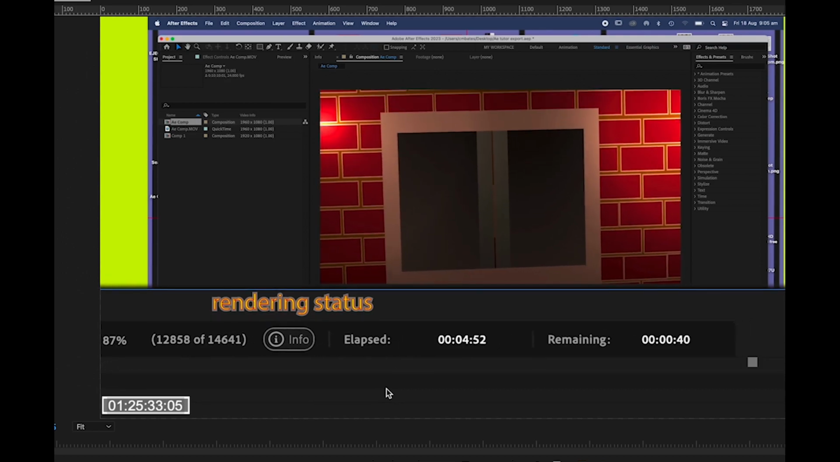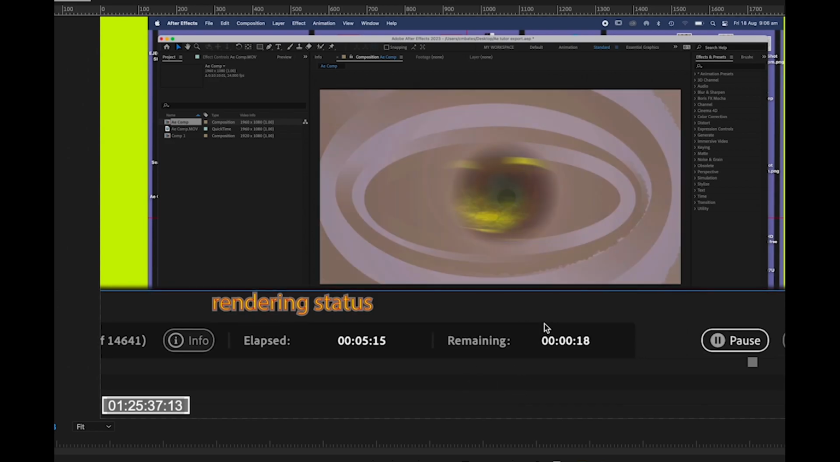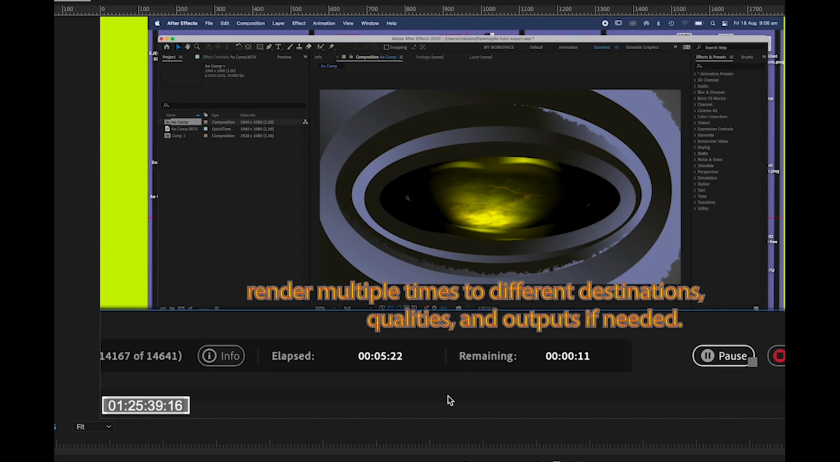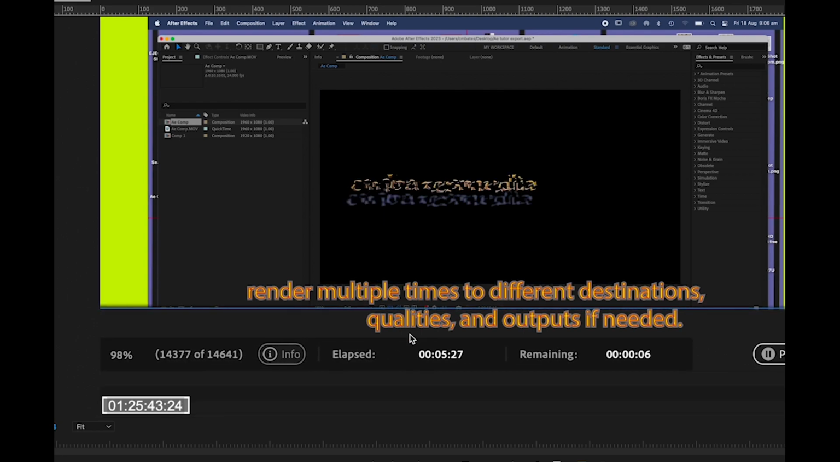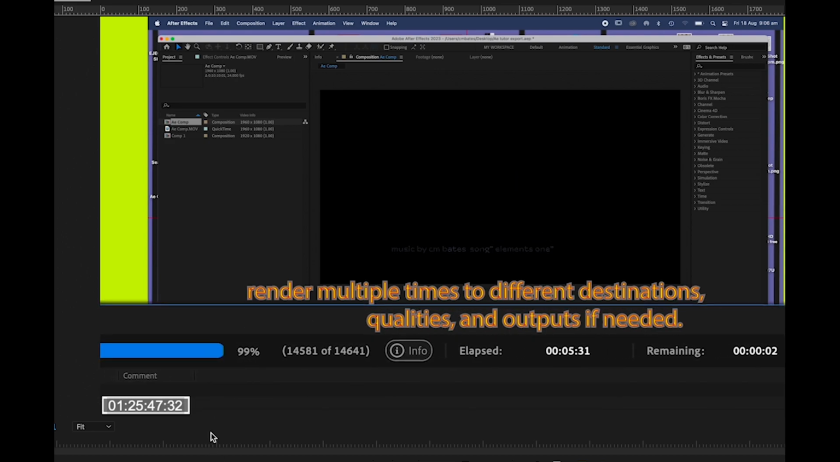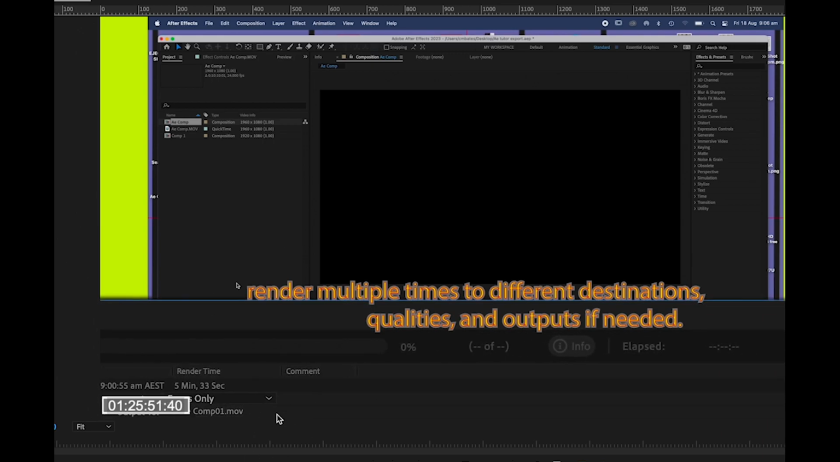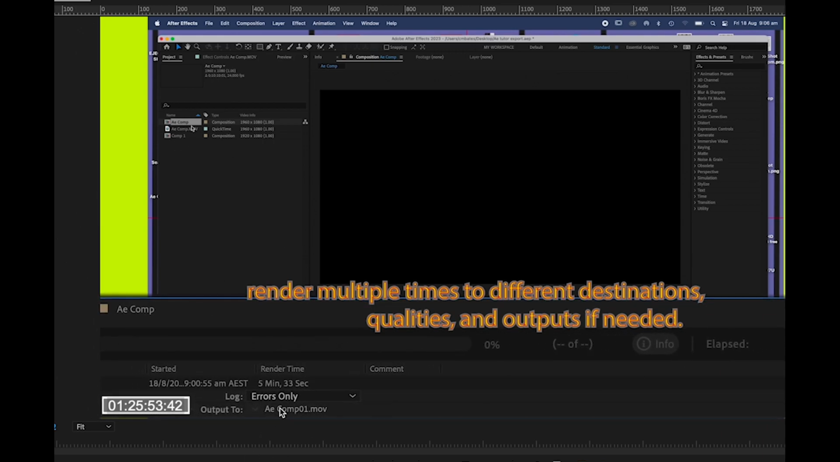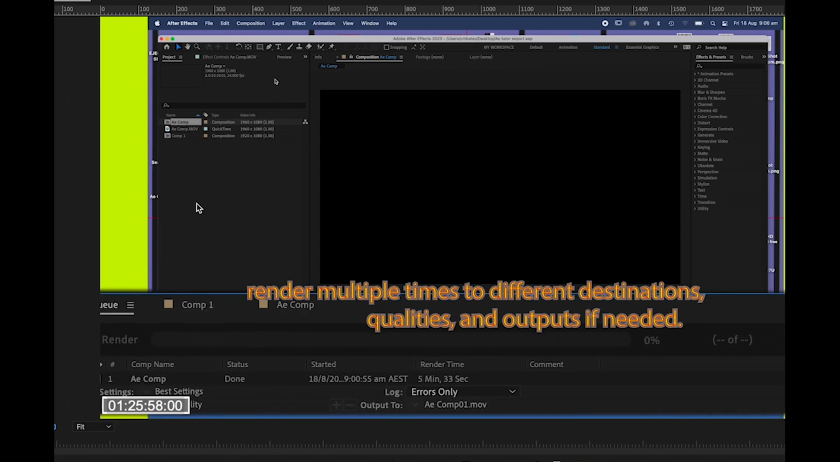So that's the render, and now you can render it multiple times, with different destinations, qualities, outputs if needed. If you want to have different types of renders for different destinations, you can do that as well. So you've got the main comp here that can be rendered in